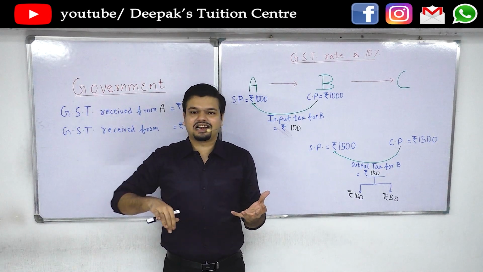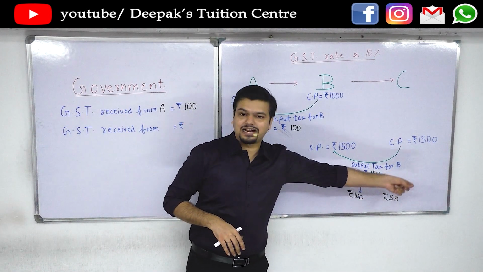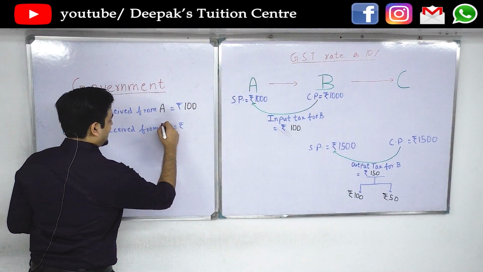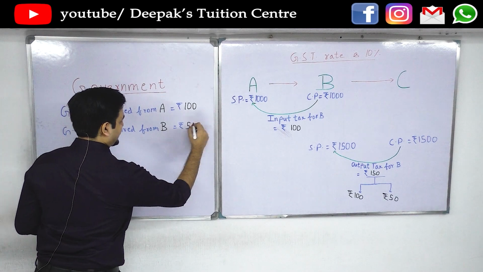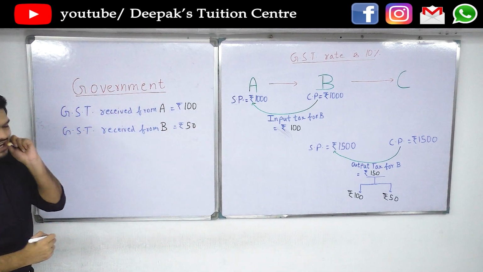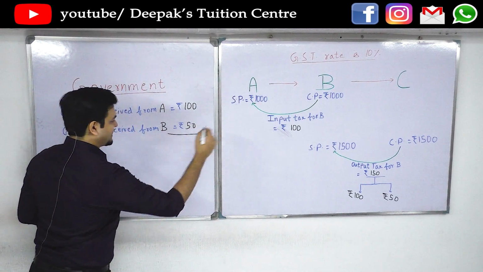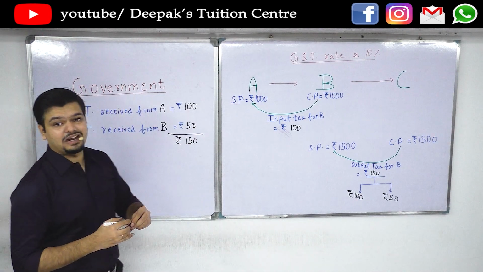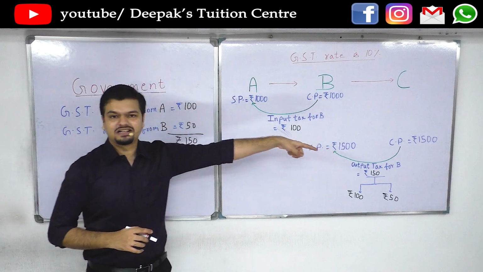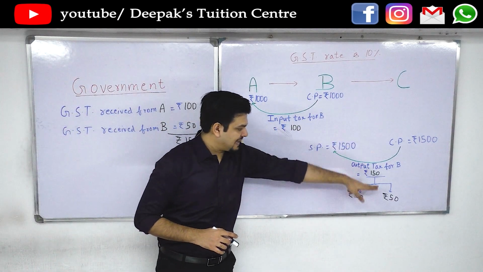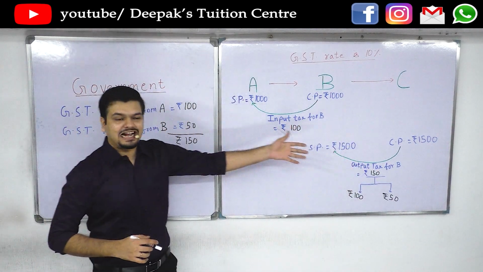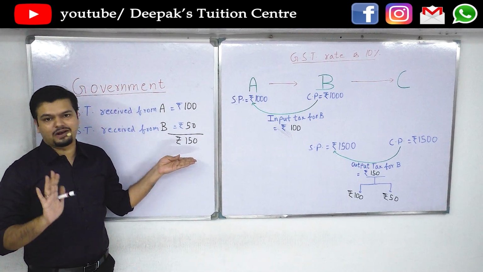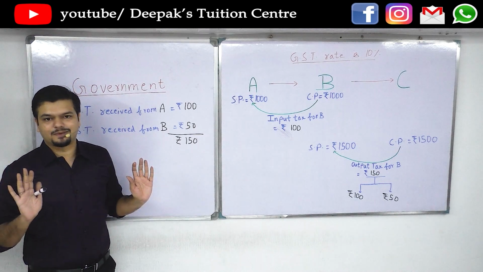So, I am deducting that 100 rupees and I will pay you the remaining 50 rupees as GST. So, the government received rupees 50 from B. Therefore, the total tax received by either of the governments is rupees 150. That is the total amount that the consumer, Mr. C, paid. Mr. C paid rupees 150 to B, and ultimately, after passing through a series of steps, the government actually got rupees 150. That is the maximum.